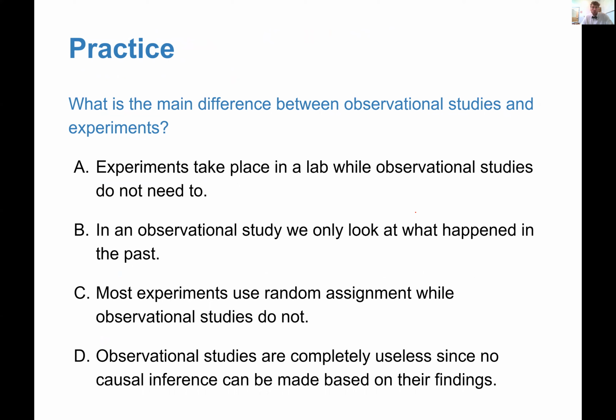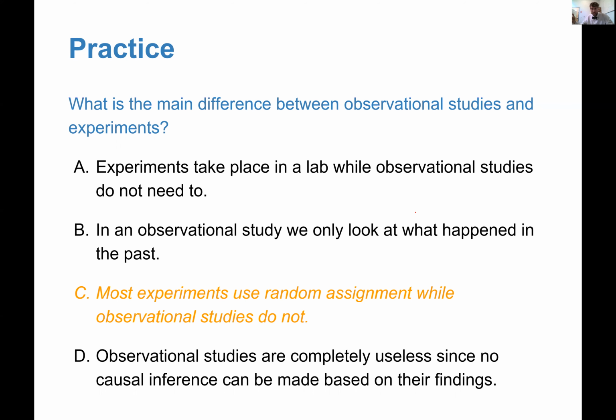Okay. Here's another practice question. What is the main difference between observational studies and experiments? Is it A, experiments take place in a lab while observational studies do not need to? Is it B, in an observational study, we only look at what happened in the past? Is it C, most experiments use random assignment while observational studies do not? Or is it D, observational studies are completely useless since no causal inference can be made based on their findings? Only one of those statements is true. Which one is it? Okay, and the correct answer is, 3, 2, 1,